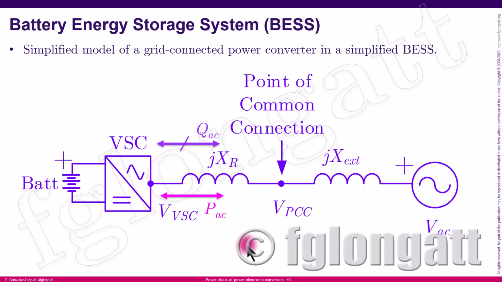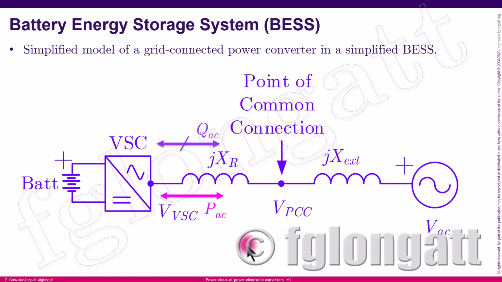To start the discussion of the PQ chart, let's consider the most general device and probably the best device to explain everything here, and that is the battery energy storage. The battery energy storage usually uses what we call the battery pack. The battery pack is the connection of many, many batteries using series and parallel connections so that we can deliver high voltage and high currents. And from there, we can use that DC supply to deliver active and reactive power to